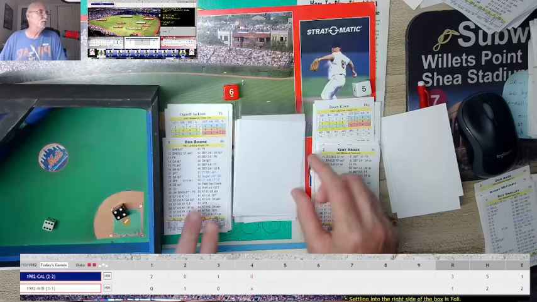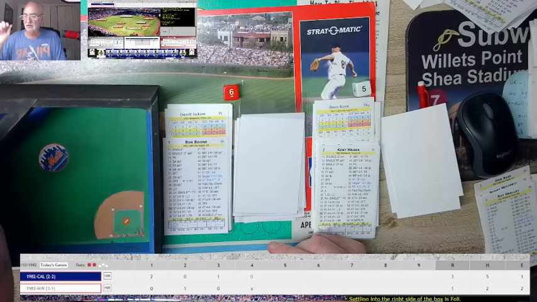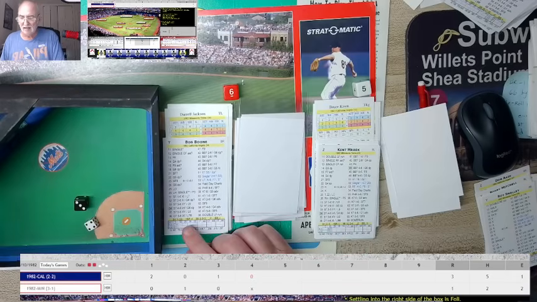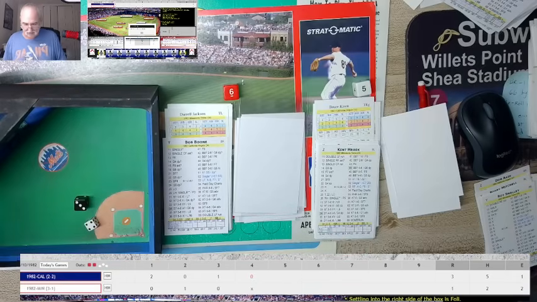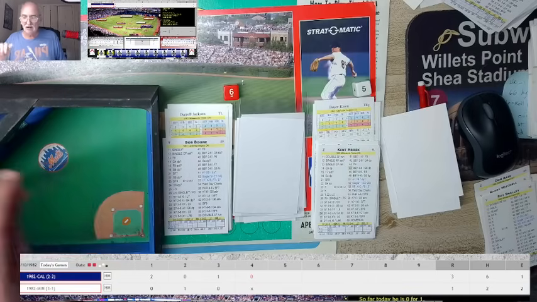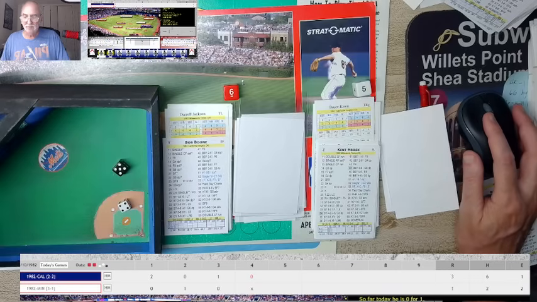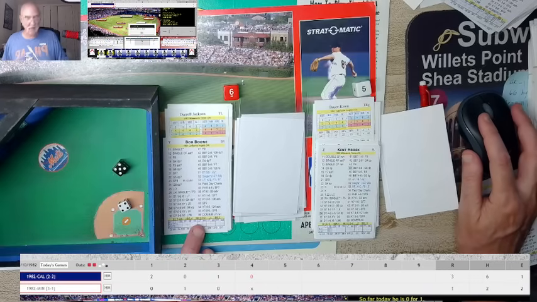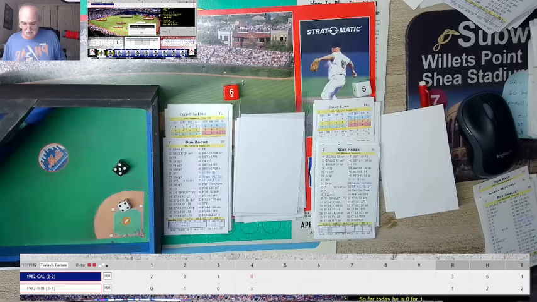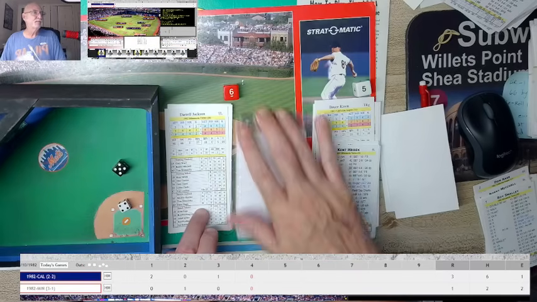And here comes Bob Boone. Bob Boone's 0 for 1. He grounded out to the shortstop. 34. Is he going to get a hit here? Yes, he will. Up the middle, base hit. And Jackson's the 6, so it is a base hit. And he's going to try to steal. There he goes, and he is out. Bob Boone thrown out trying to steal. Don't ask me why. So, still on base, runner on first is out. And that ends the inning, I believe.